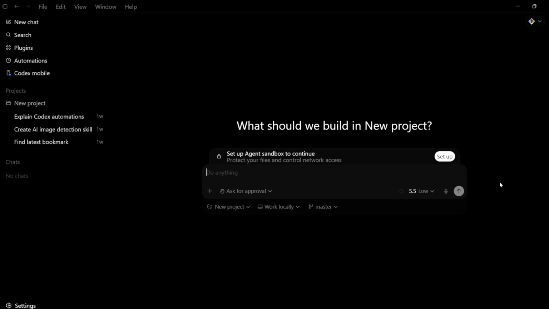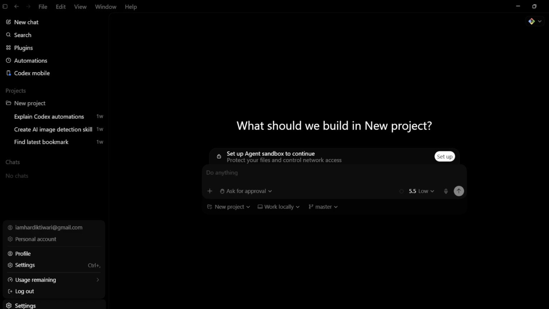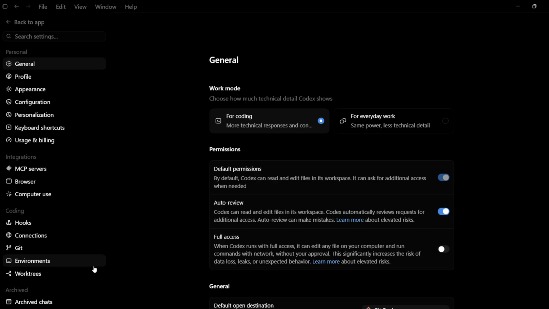application. So for that, first launch your Codex desktop application, and once it launches, click onto the settings button at the bottom left corner. Now from here, click onto the settings option again, or alternatively you can press the Control and the comma buttons. Now this will lead you to the settings, and under settings you will need to go